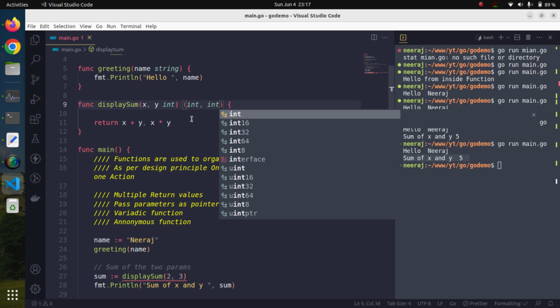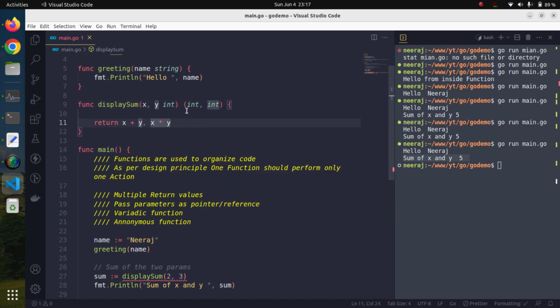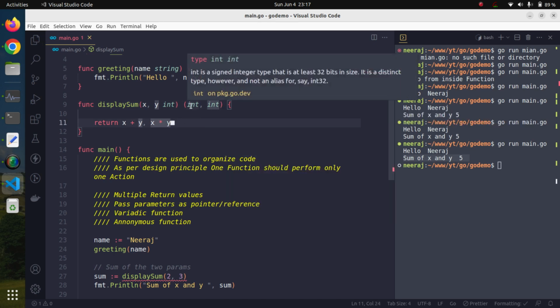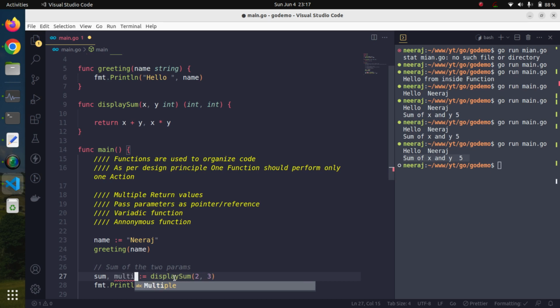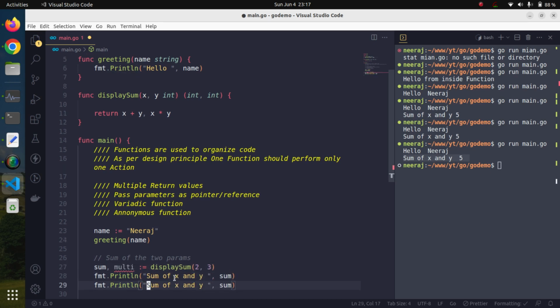We can simply write it something like this. With this we are telling that we are returning an integer value and an integer value, so two integer values we are going to return. Since it returns two values, we will also print "sum of x and y is" and "multiplication of x and y",